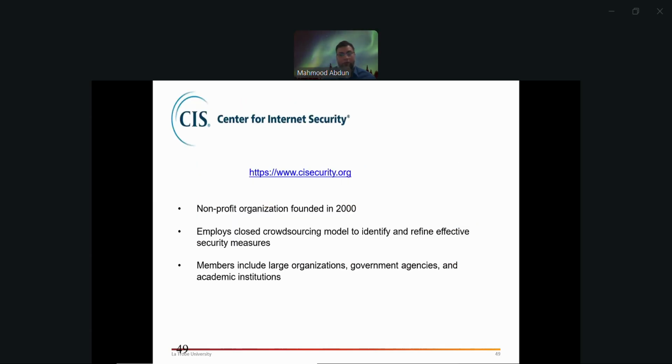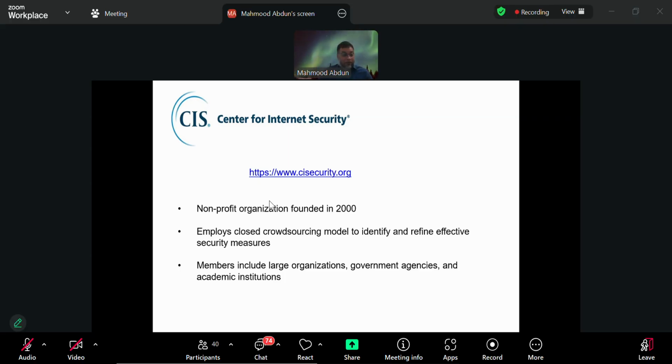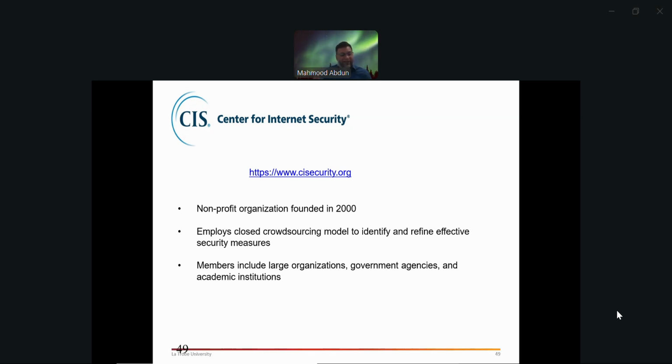Now, when you talk about CIS controls, what does CIS stand for? It's the Center for Internet Security. It was founded back in 2000. And basically, they realized, the 2000 dot-com boom, right? Everyone who was around that time knows that the whole world was running behind .com, just like what the whole world is doing behind AI now. There was a .com boom, and there was a .com bust as well.